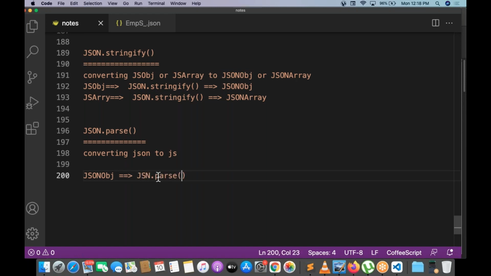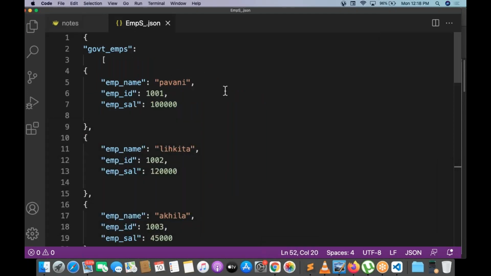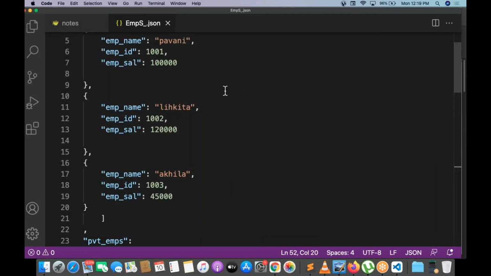What can the parse method do? It gives JS. Next, a JSON array parsing to a JS array. Fine, guys. Now let me write a program first. Stringify, then we do parse.